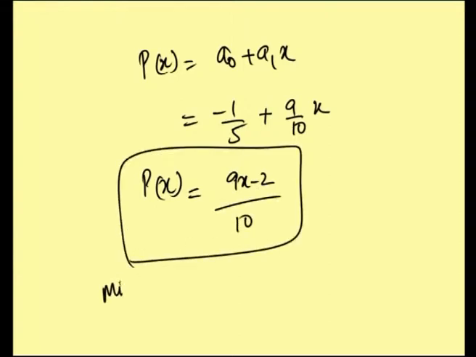and the minimum value comes to be equal to minimum of the least squares comes to be equal to minimum of u naught. After substituting this a0 and a1 values in u of a0, a1, we get u of a0, a1 is 9 divided by 700. Okay. So, this is the polynomial approximation 9x minus 2 divided by 10 for f of x equal to x